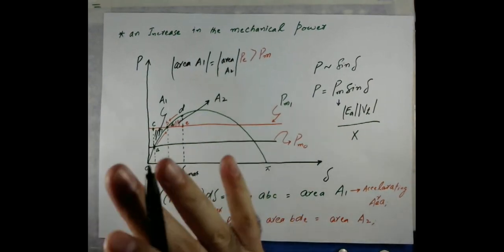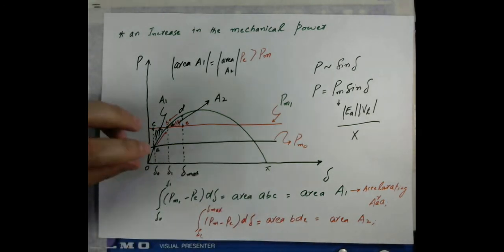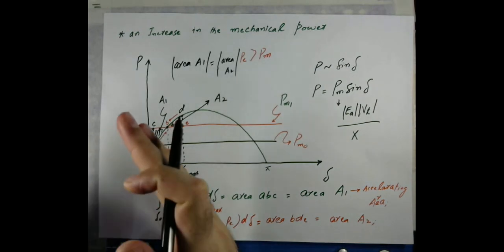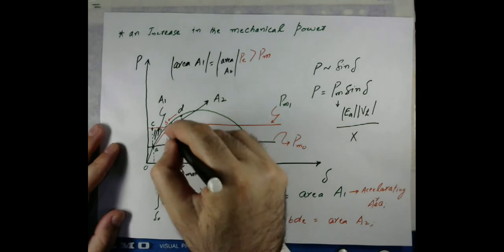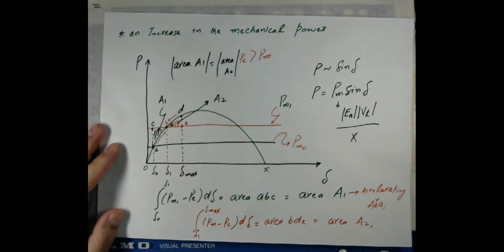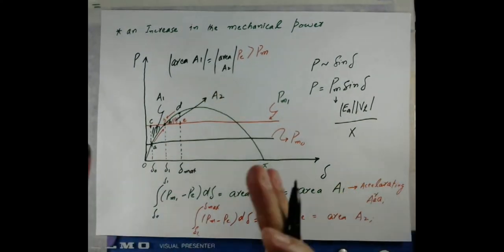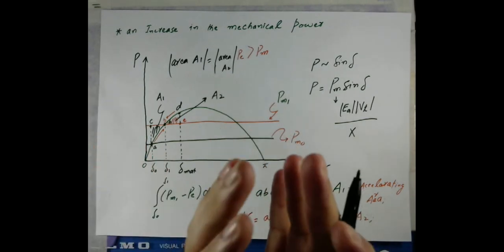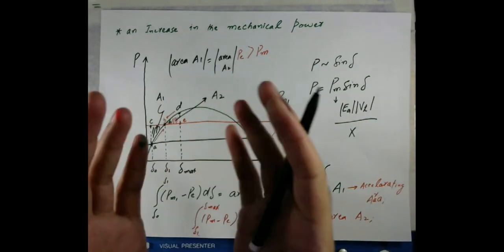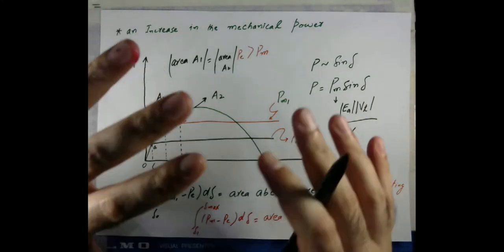So once again, if this condition is satisfied, where the machine gives up the same amount of energy during deceleration as much as it has gained during the acceleration, the machine will be under stable condition. So we need to find these areas and then check whether these are equal. If these areas are equal, then the gain of the energy during acceleration will be equal to the loss of the energy, or the giving up of the energy, during deceleration. So with the help of this particular exercise, we have discussed the equal area criteria.